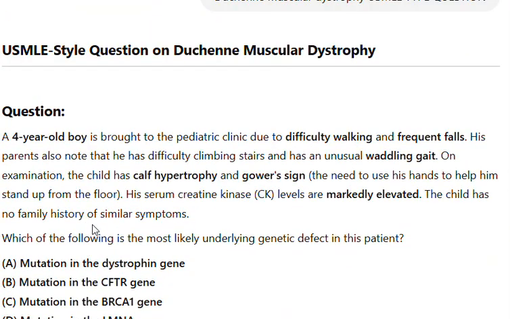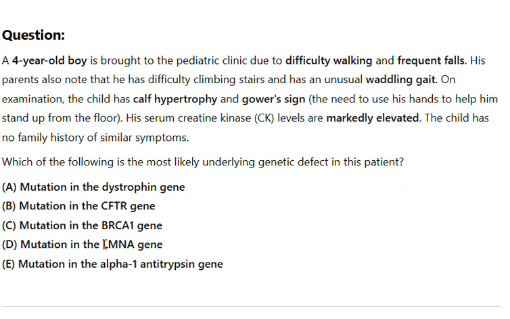USMLE style question on Duchenne muscular dystrophy. A 4-year-old boy is brought to the pediatric clinic due to difficulty walking and frequent falls. His parents also note that he has difficulty climbing stairs and has an unusual waddling gait. On examination, the child has calf hypertrophy and Gowers' sign, the need to use his hands to help him stand